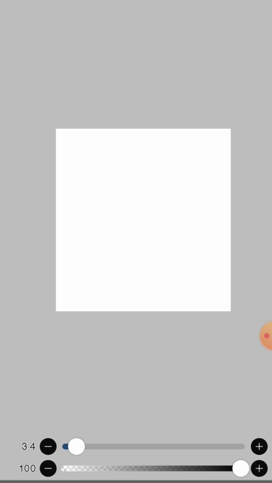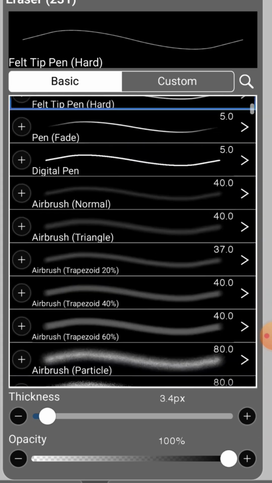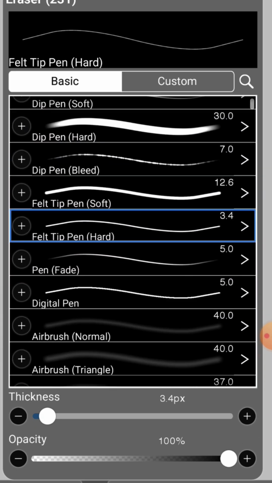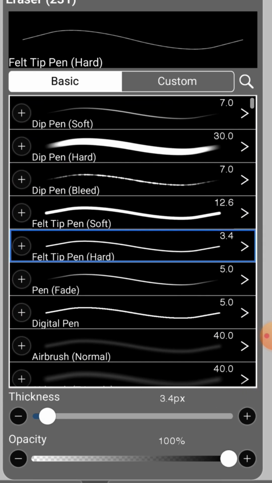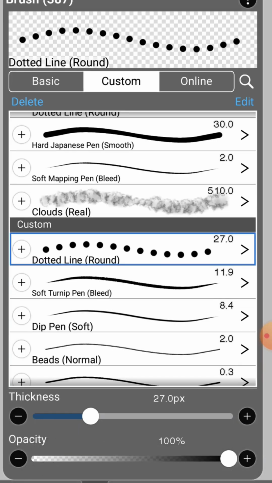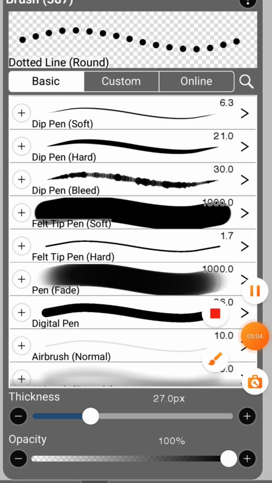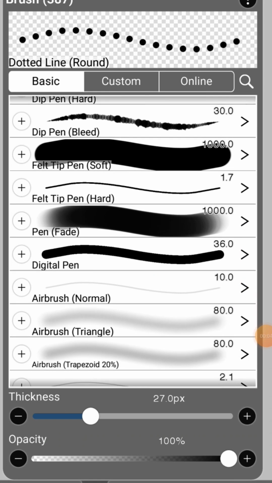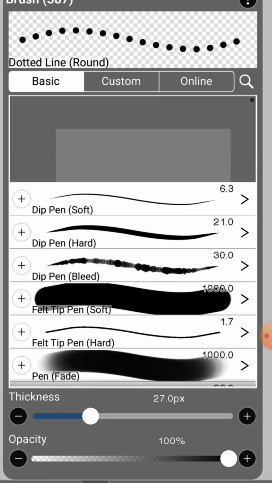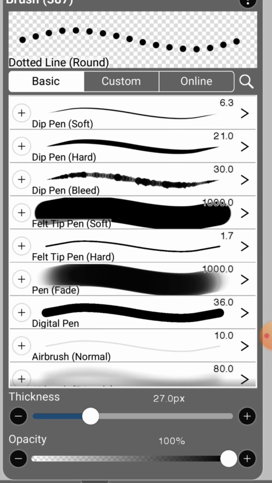Now on the circular icon, which is third from the bottom left, you can see various brushes and sizes that you can use. There are different kinds of brushes and you can adjust them also. Here you can see the different kinds of brushes. Now we use different brushes for sketching, coloring, blurring, and each part, skin, clothing, and that will be covered in upcoming videos.